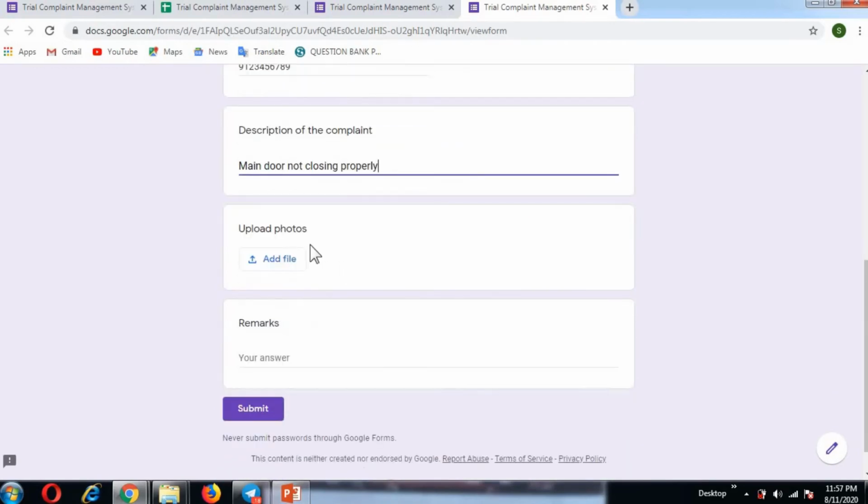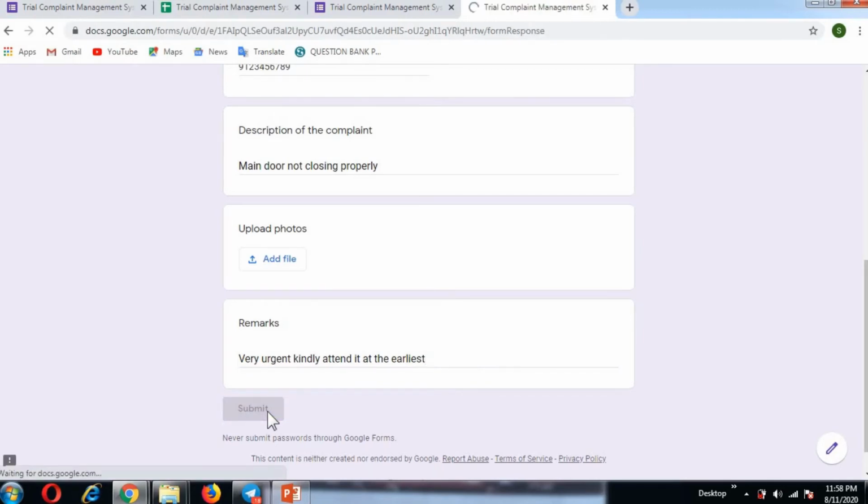If I have a photo, I can upload it. There is no photo, so I am not uploading it right now. Remarks: very urgent. Kindly attend it at the earliest. So I am clicking on submit.